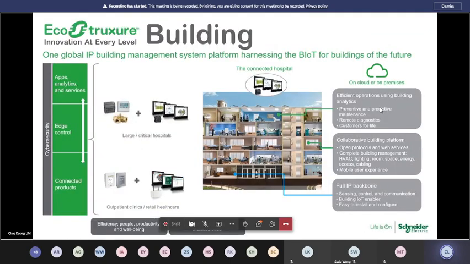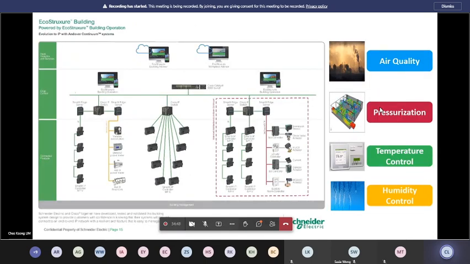Next, of course, when it comes to a hospital, we are talking about building. We are talking about mechanical control. Very often when I meet with clients, most of them know Schneider as power. We have very good power systems, but a fraction of the clients I've seen do not actually know that Schneider provides BMS systems as well. In fact, we do. So in building, Schneider Electric has BMS systems, and we actually cover